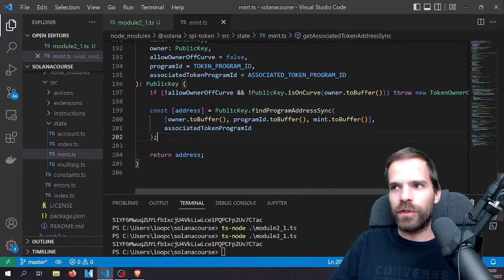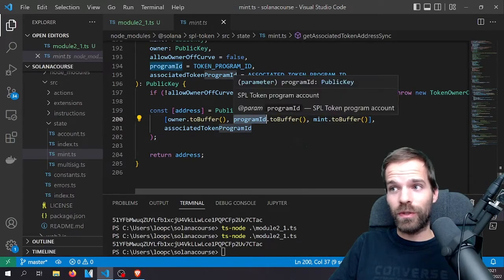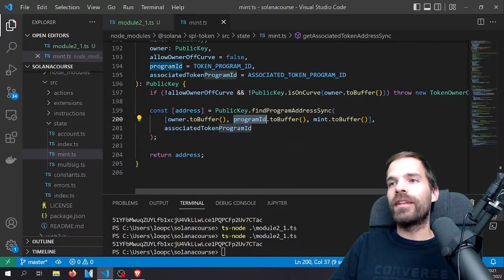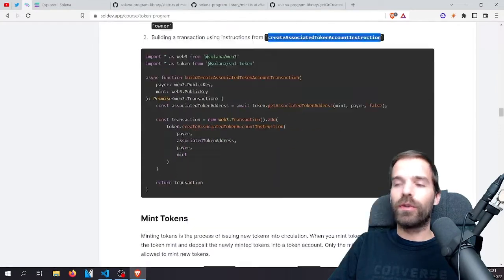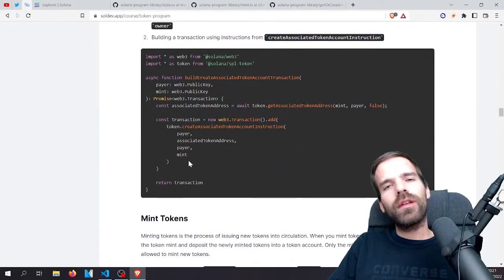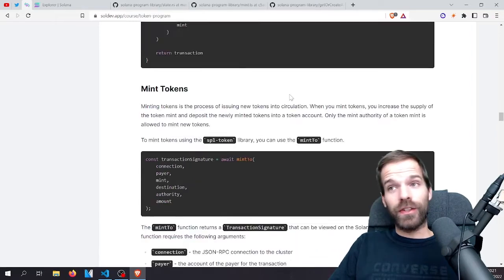Just so if you ever want to do this manually, that's how I do it. Again, if you use token 2022, you need to have a different program ID here, which results in a different ATA, of course. Moving on. If you want to manually create, you can use the create associated token account, put it in a transaction, and then send that. I think that's all I want to say on ATAs. I think we covered that pretty well. Now let's continue with